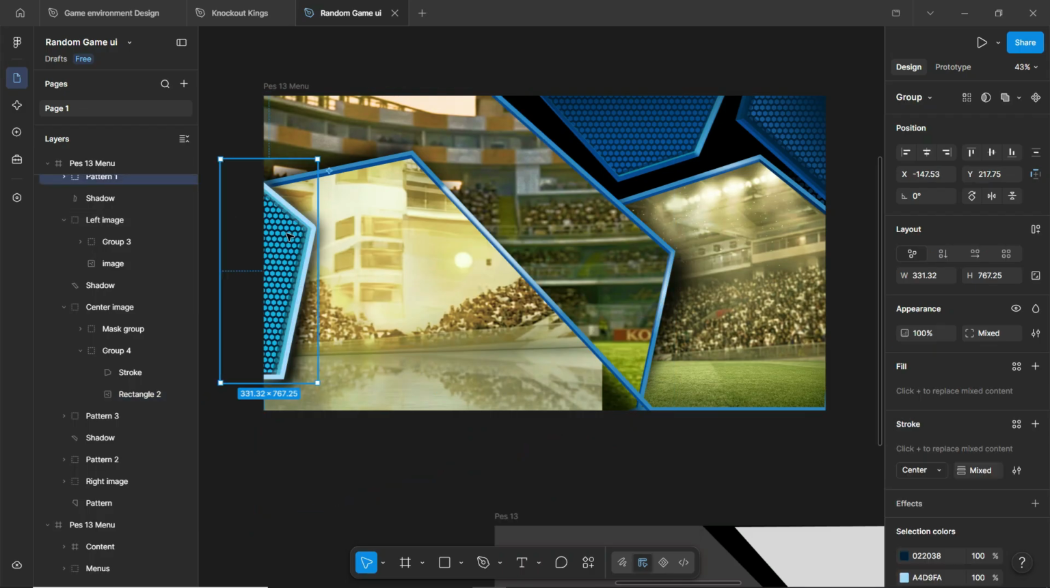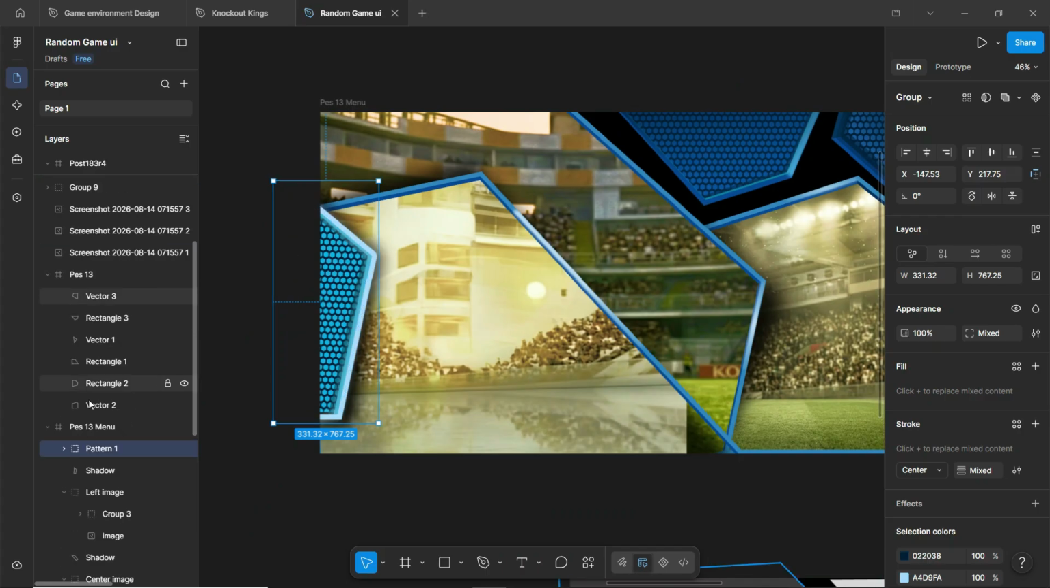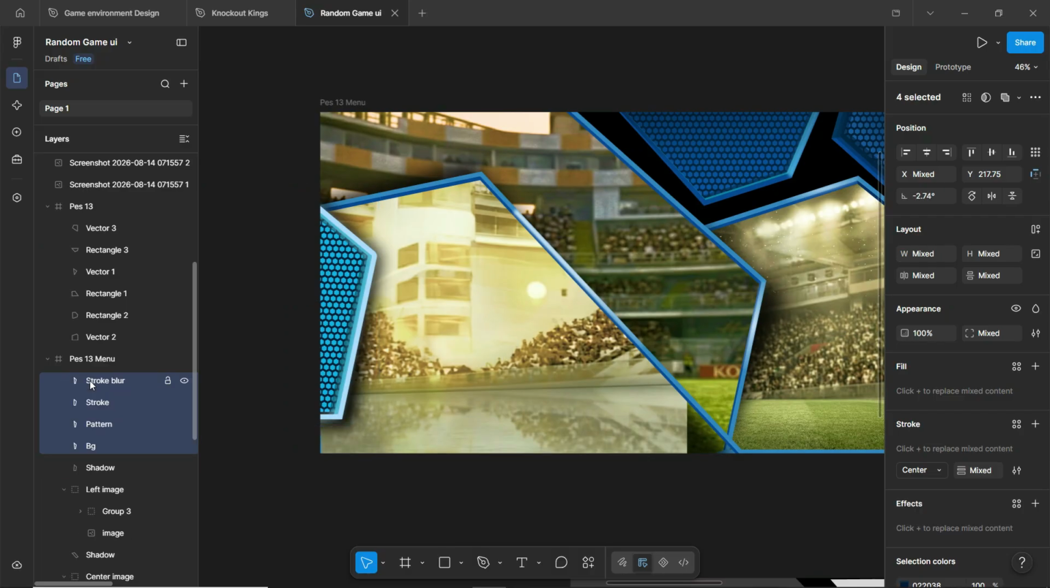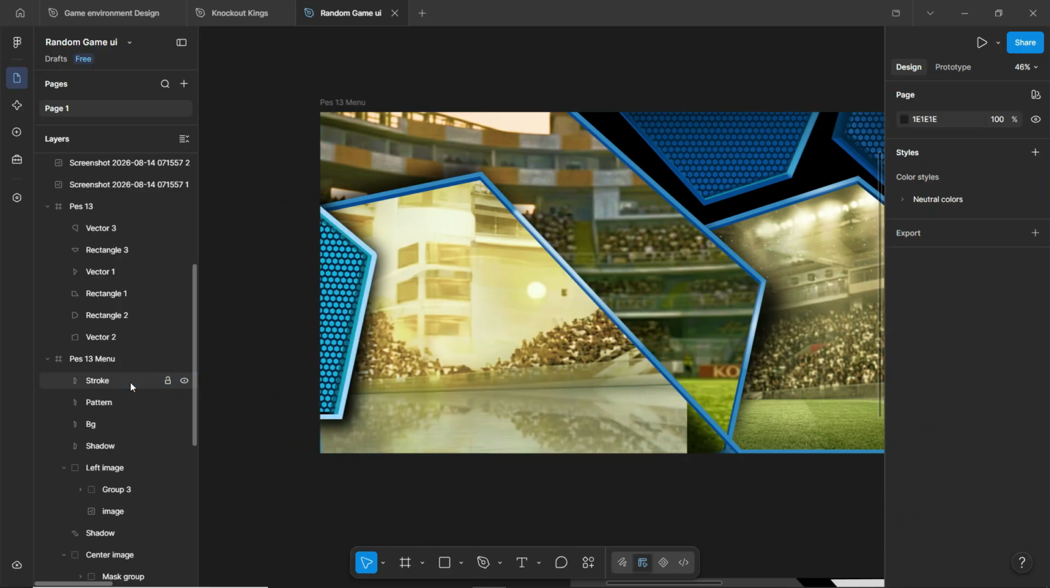Okay, so this is the pattern. This pattern here has four stages. The first one is the stroke blur that's giving me this light effect. Can you see? I have to remove it. While the next one is the stroke. So the stroke I use